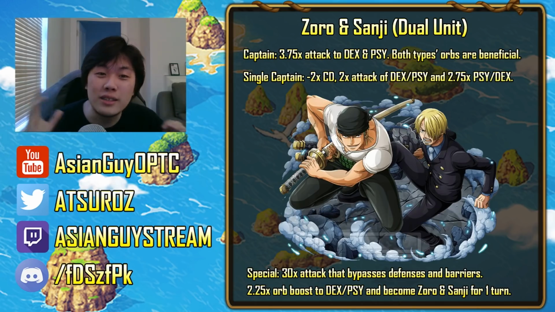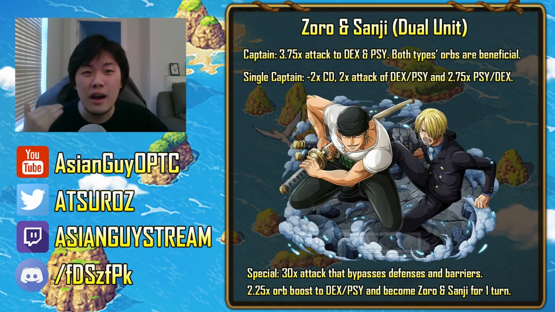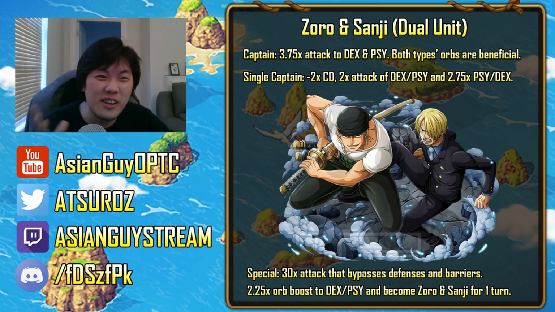And the special is 30 times attack that bypasses defenses and barriers, and a 2.25 times orb boost to Dex and Psi, and they become Zoro and Sanji for 1 turn. Now, as a captain, I would say they're pretty strong. Not sure how many Dex and Psi units there are out there that synergize that well, but I'm pretty sure